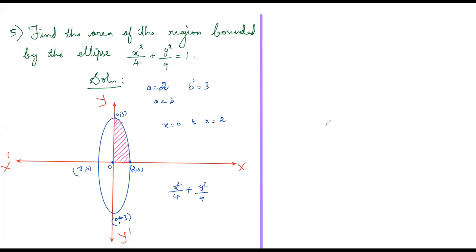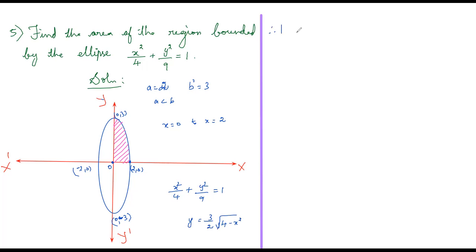All these steps you can write in the file, okay? Plus y squared by 9 is equal to 1. So to find y, you take the x squared term to the right side and then take the 9 to the right side. So you will get y squared is equal to 9 by 4 and something. And finally you get y, simplify it, okay? y is equal to 3 by 2 square root of 4 minus x squared. Therefore, the required area is,